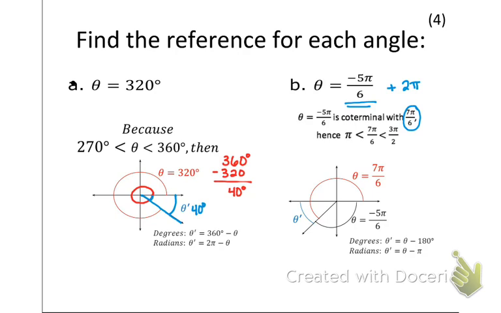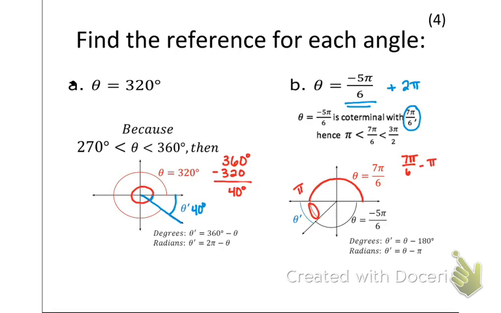So once again, we know this makes half of a rotation around, which in radians represents pi. Now we're trying to figure out what that remainder of the rotation is that will represent our reference angle. We know the whole thing in red, including this piece, is 7 pi over 6. So to find just the part that I've circled here, we can take 7 pi over 6 and subtract off